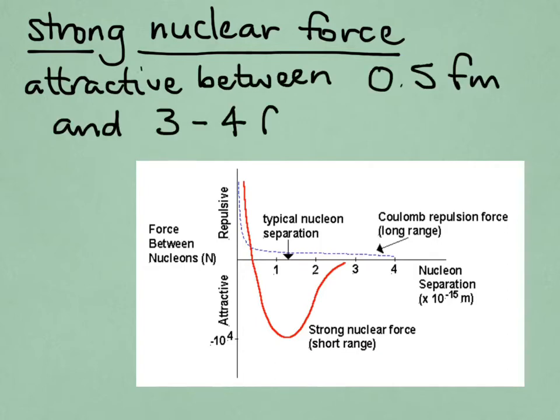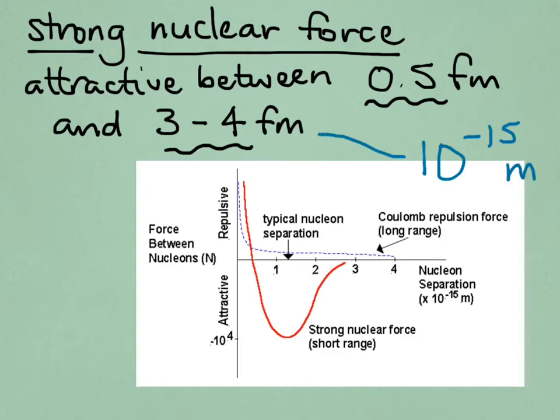It's attractive between 0.5 femtometers and between 3 and 4 femtometers. And if you don't know what a femtometer means, it's 10 to the minus 15 meters. Okay, so that's that. Very, very small. We don't really use femtometers in any other branch of physics because it is so small,